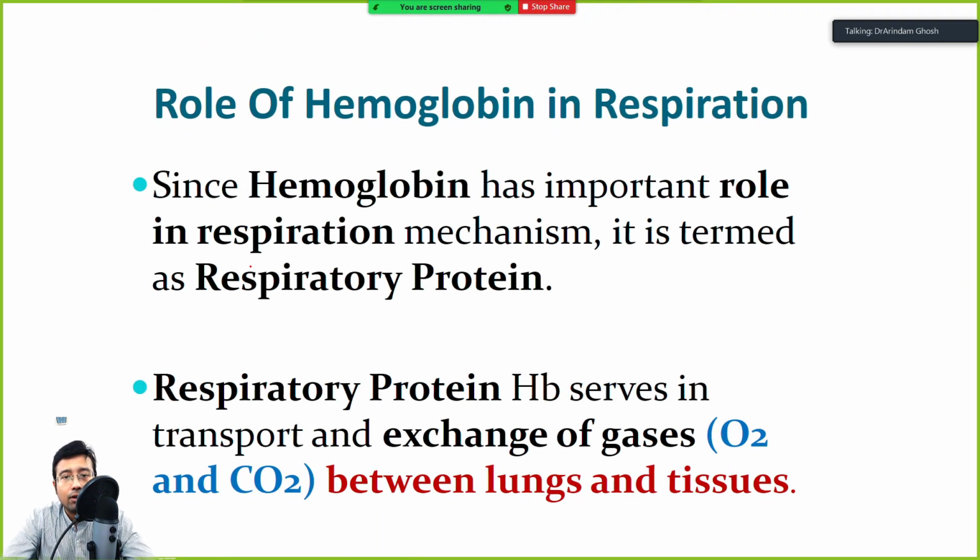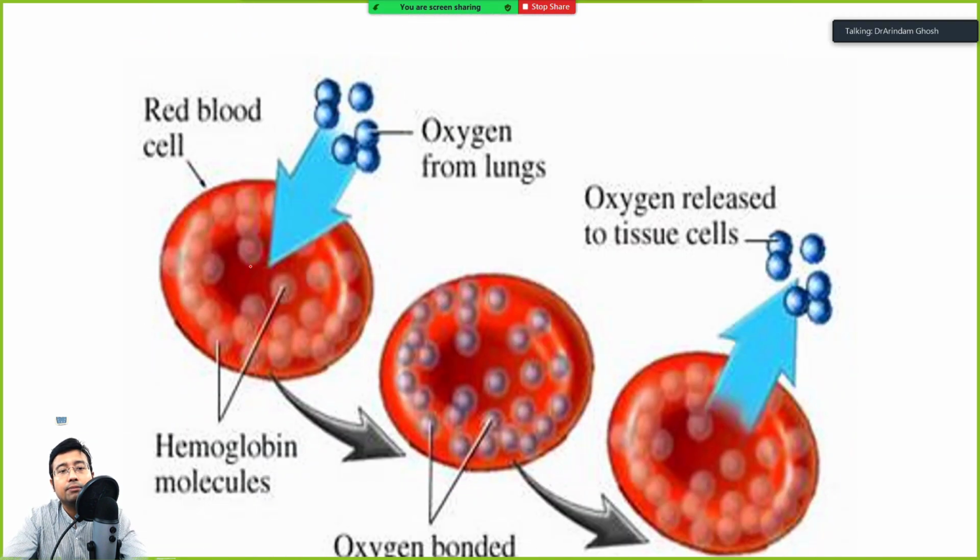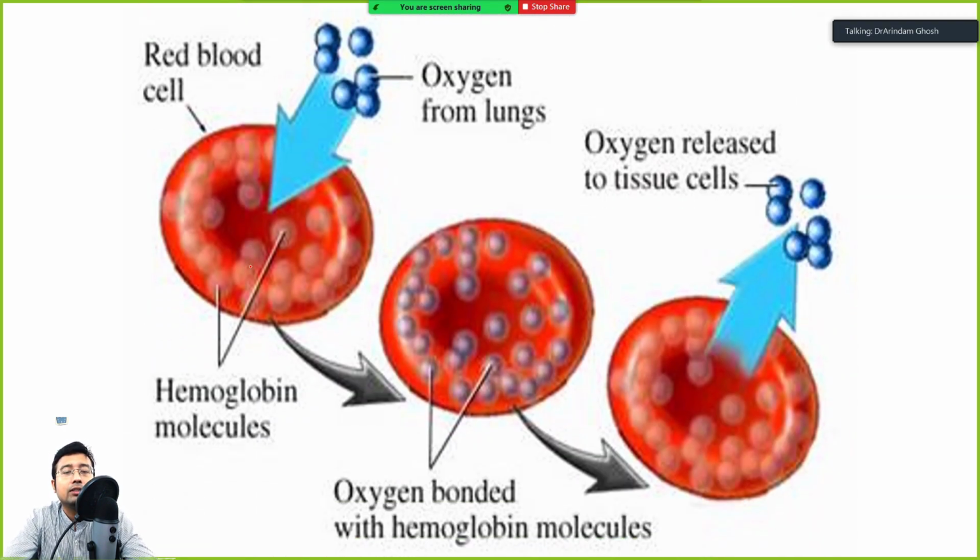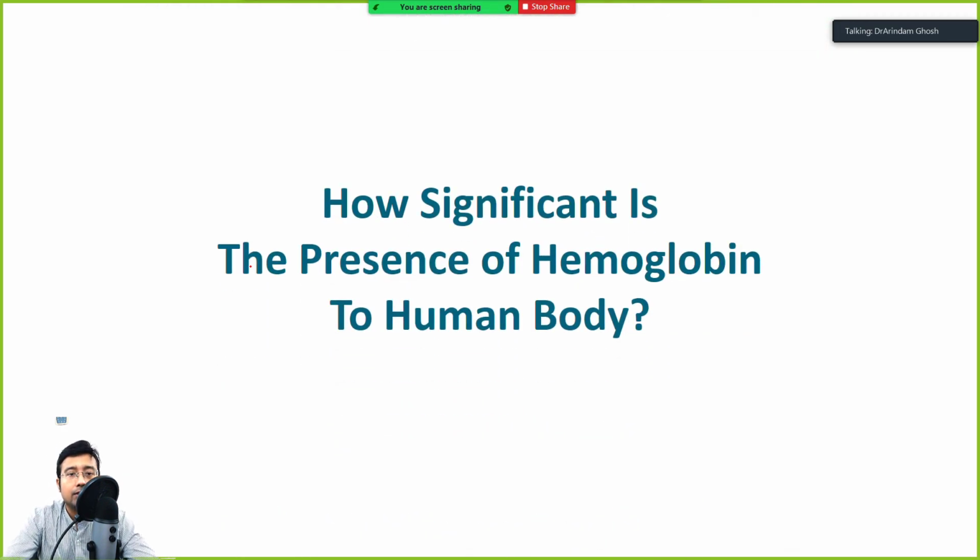So other than buffer, the main role of hemoglobin is oxygen exchange. Okay, that is the main role of hemoglobin, because even if buffering capacity of hemoglobin is lost, there are many other buffers, bicarbonate buffer, phosphate buffer in our body that can take care of the acid base balance, but nobody can take care of the responsibility of hemoglobin, that is to transfer oxygen and carbon dioxide. So gaseous exchange is the main role, and this is what happens. Oxygen comes in from lungs and it is delivered to the tissues, okay, from center to the periphery via the RBC. So why do you think hemoglobin is important?